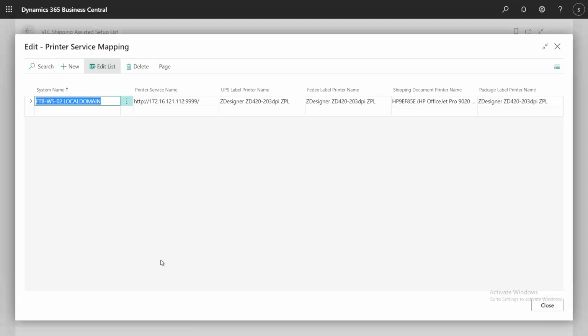This is the printer. Here you can assign the printer: which printer the labels should go to, and the PDF documents like the shipment. So you can assign it. Whenever you have any modifications to the printers, like if you have attached a new printer, you can just change that particular printer name under this window. We have specified the label printer names and the laser printer for PDF files as well.